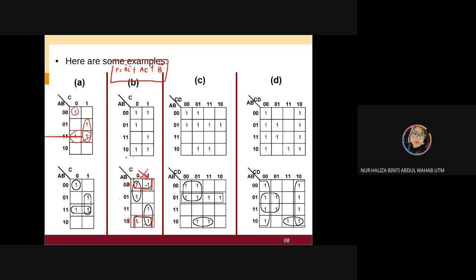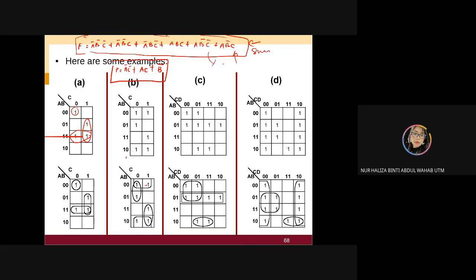If you have how to map, okay, I'm going to show you. It's going to be from F equal to A bar B bar C bar plus A bar B bar C plus A bar B C bar plus A B C plus A B bar C bar plus A B bar C. Okay, this is the standard version of your long Boolean expression. If you are given this, and it asks you to simplify this Boolean expression,